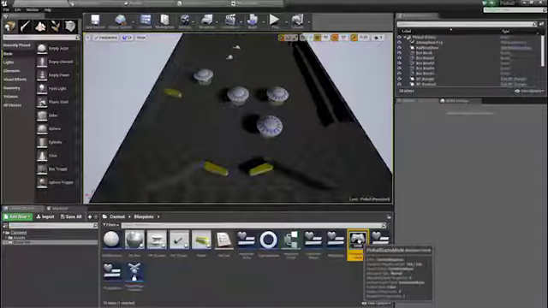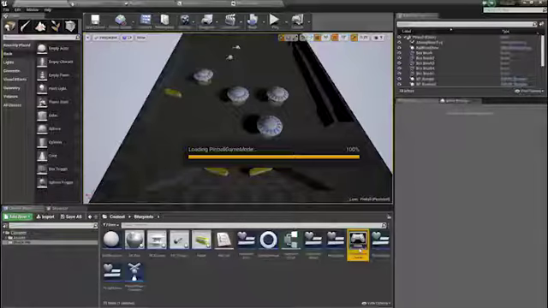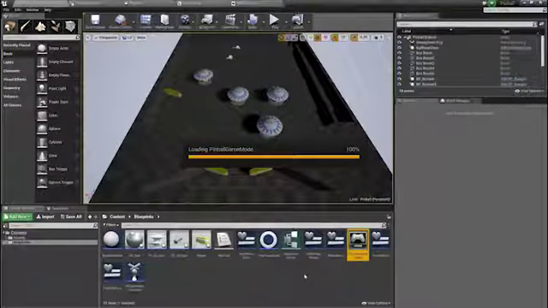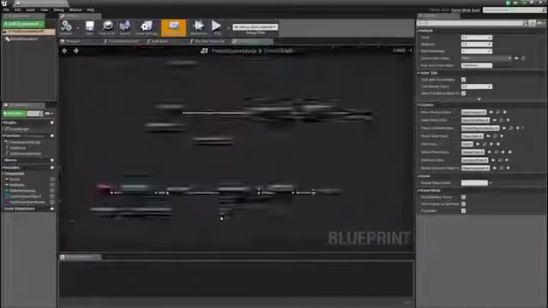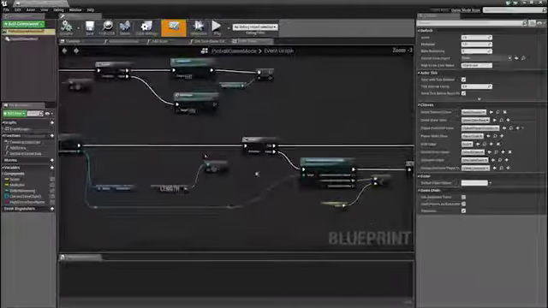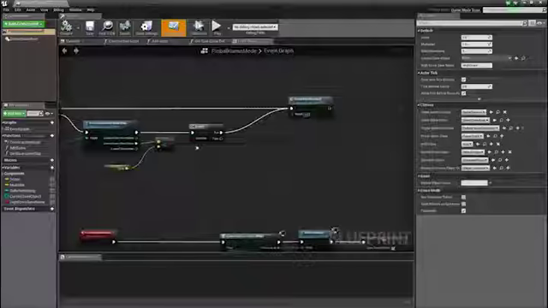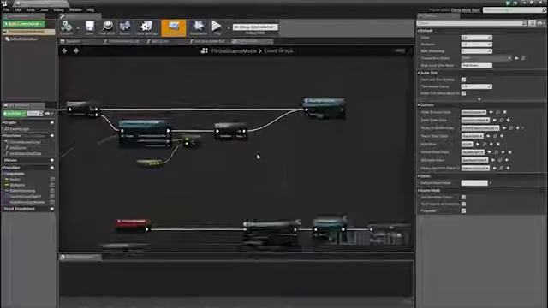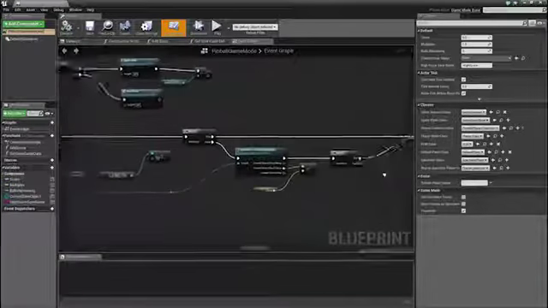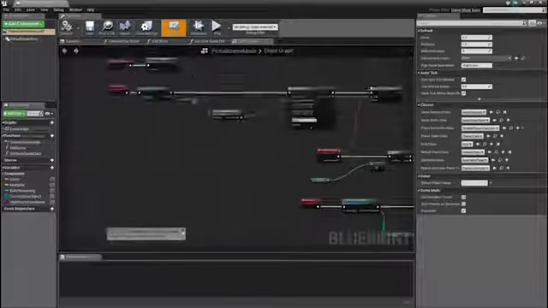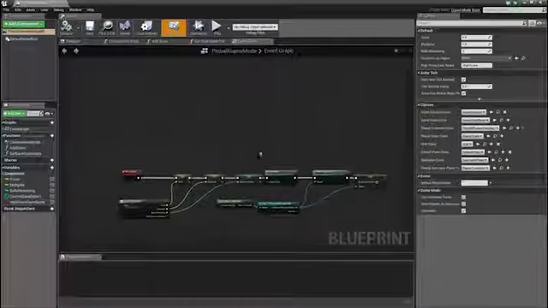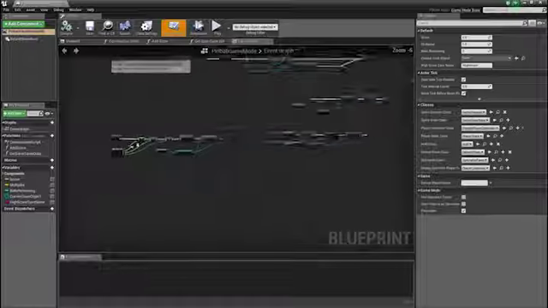So we have ourselves a basic win condition loop. When the game's over, it knows what to do if you've won and if you've got a high score. However, we are missing a little detail here, and that is what happens if you lose. So at the moment, if you fail to get a high score, this pin within end game never gets called. So it's a good idea for us to just add that in, otherwise you're going to have a very boring game once you lose. So to do that, all I need to do is call the function for either reset game